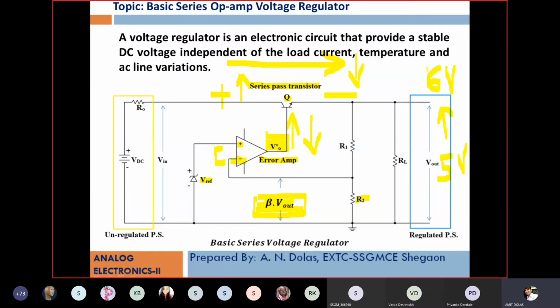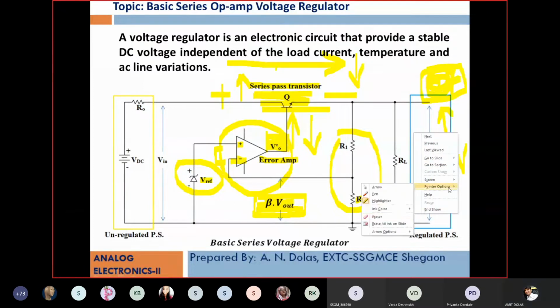to stabilize, so that whatever is the delta, how much delta came here, from 5 to 6 volt, that 1 volt delta that came, that delta is what is absorbed across the transistor. So the transistor will change its conduction state with the help of feedback components R1 and R2, the reference generator V reference Zener diode, and the error amplifier, that is the operational amplifier in differential mode, and anyhow your output remains constant.